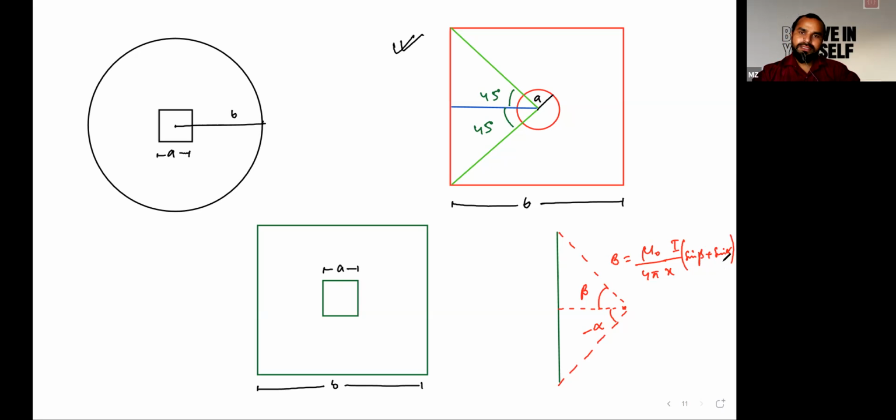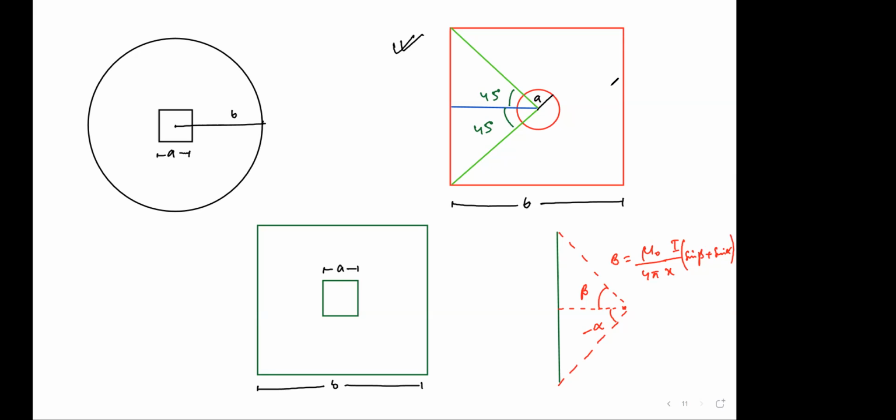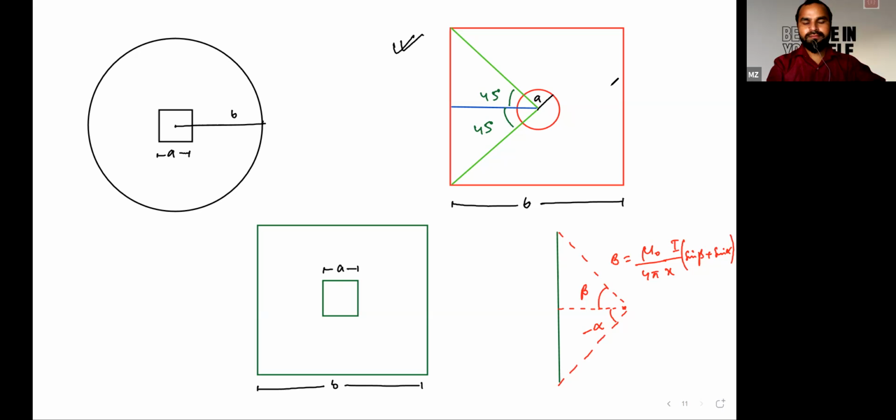And for alpha and beta, just put sine 45 and sine 45. And we have total 4 line segment. So just multiply that particular magnetic field due to one strip by 4 to get the total amount of magnetic field. Okay, Noor? Okay, sir. Try to solve. Zira, any doubt?